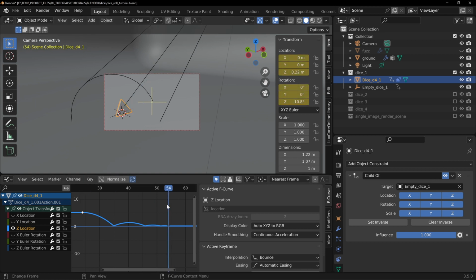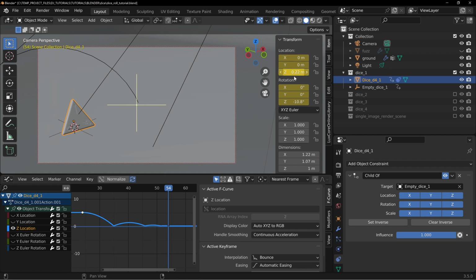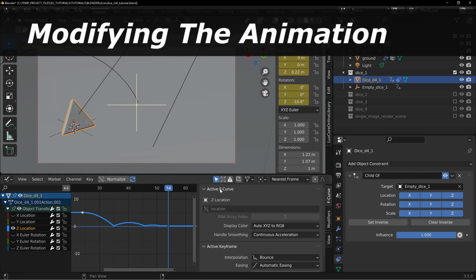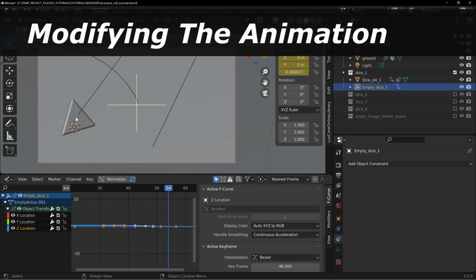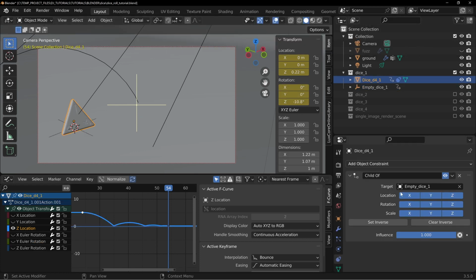And then when we go to the end frame here, we have the set of rotations so that the 1 is on the top and it's sort of angled towards the camera and it's located exactly where we want it to be on the board. Now what happens is if I take my dice here,